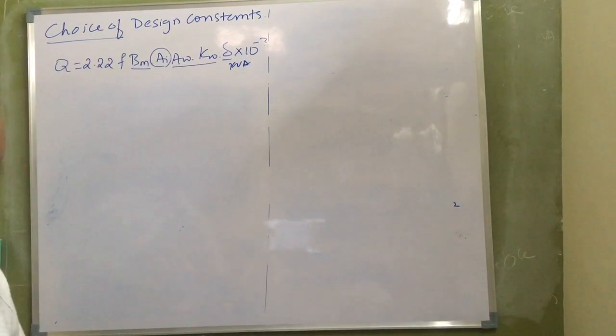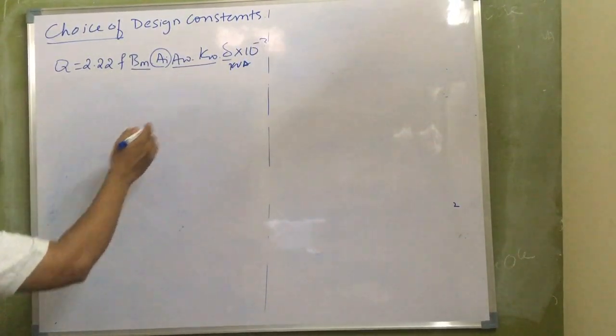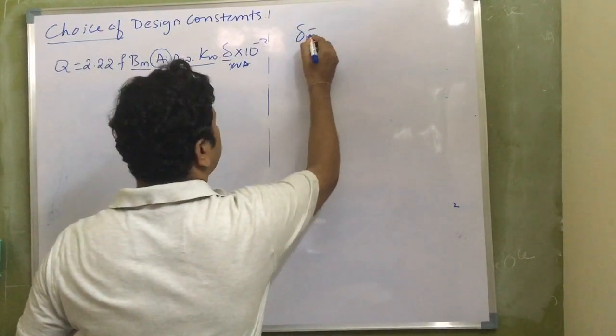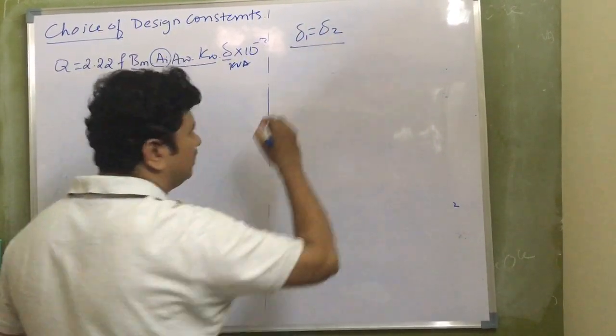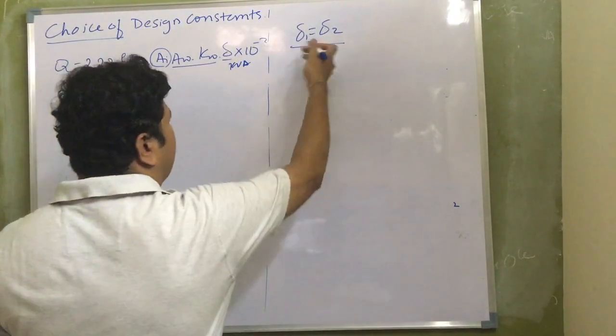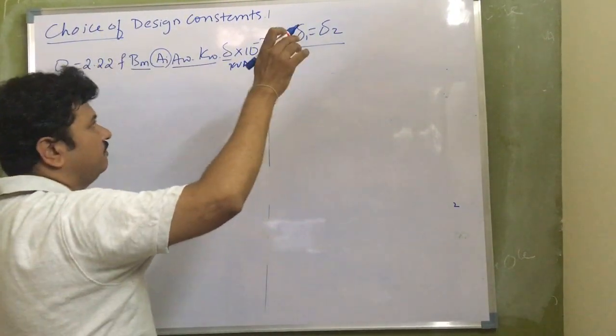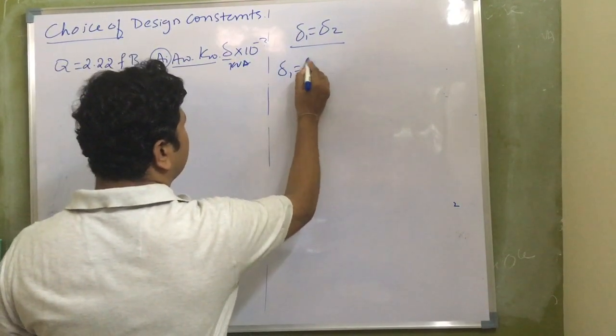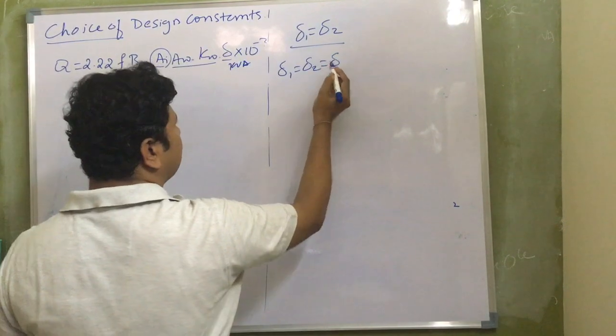One more point. The value of delta, after that you take delta 1 equal to delta 2. The delta 1 is equal to delta 2. This is my condition obtained. Okay. You can write hence the proof and all. Then the value of delta 1 is equal to delta 2. I will take it from now onwards as delta.